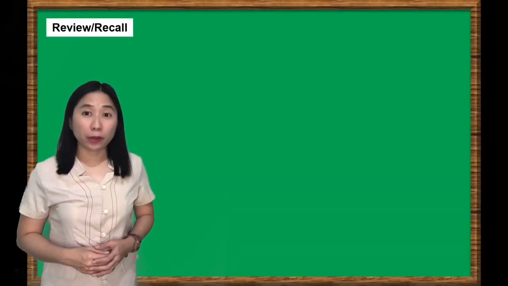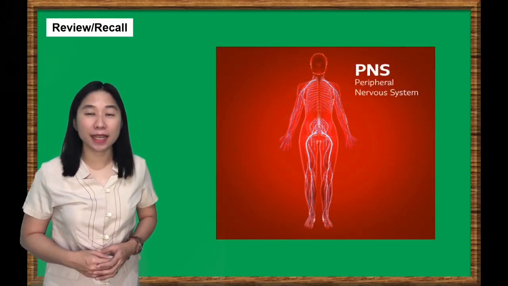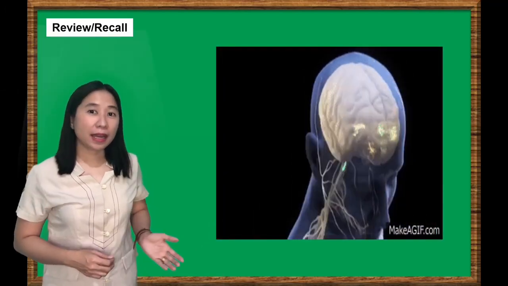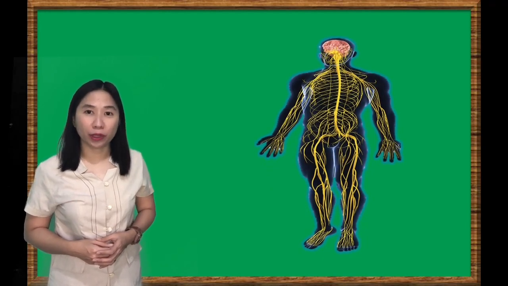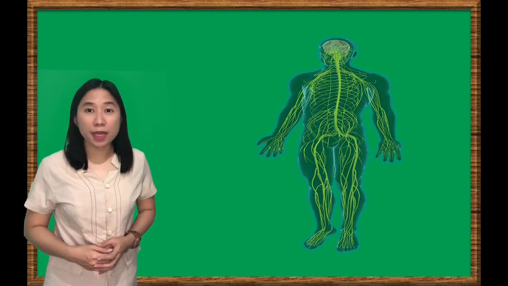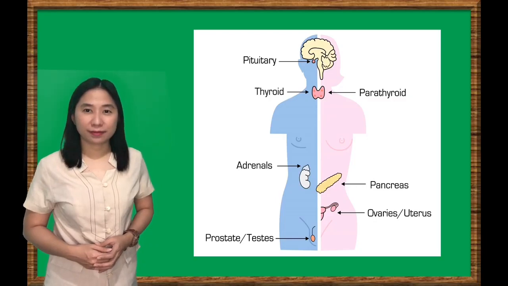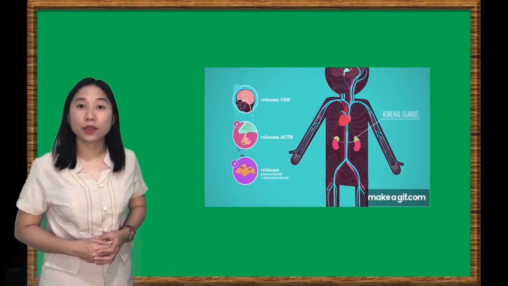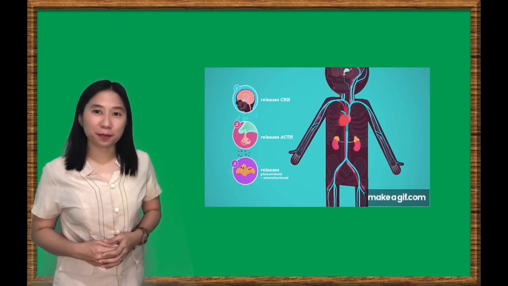You have learned from Lesson 1 how the different parts of the nervous system, the central and peripheral nervous systems, coordinate and regulate all the communications and processes within our body, and how the nervous system helps us to adapt to the change in our environment to survive. In order for the functions of the nervous system to work, the nervous system works with the endocrine system to coordinate and direct the activity of the body's cells. The endocrine system provides a slower but longer-lasting coordination than the nervous system. Let's learn more about the functions of the endocrine system in today's lesson.